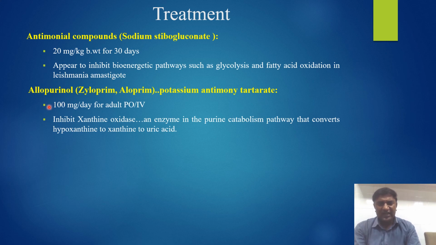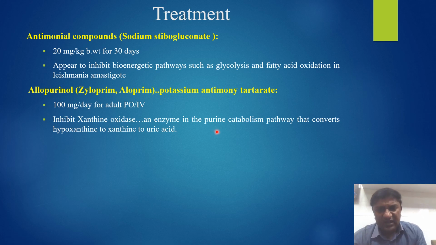Another is allopurinol, in the market as Zyloprim or Aloprim, and potassium antimony tartrate, 100 milligram per day for adults, oral or intravenous. Its mode of action is to inhibit xanthine oxidase, an enzyme in the protein catabolism pathway that converts